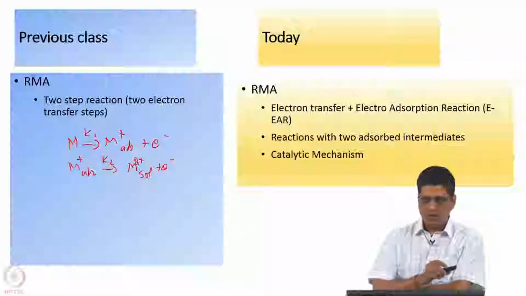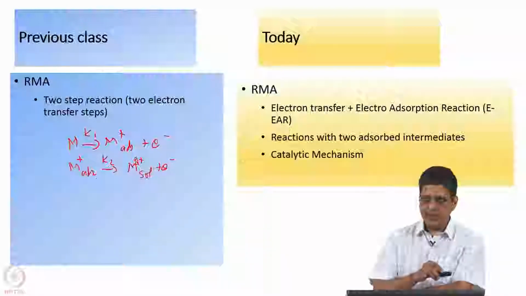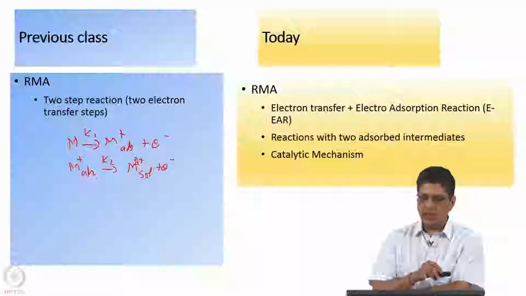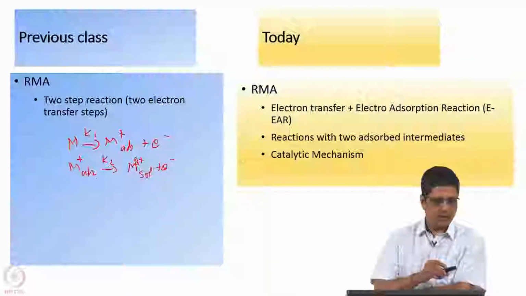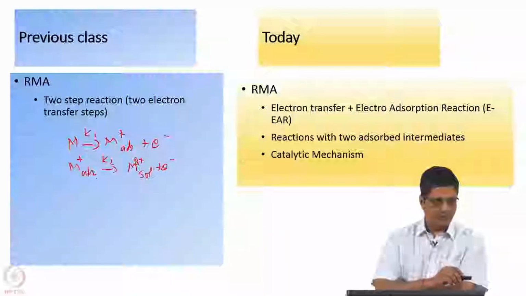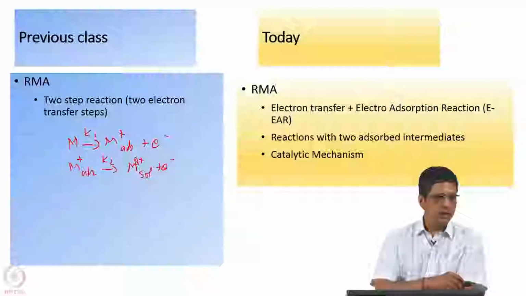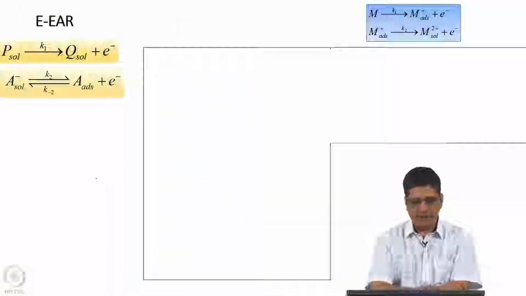Okay. So, I want to go through that, and if time permits I want to go through a reaction with two adsorbed intermediates, and another reaction called a catalytic reaction. I do not think we will go through all of them today, probably today and the next 2 or 3 classes. I would like you to actually go through and derive the expressions. We will take you step by step. You also become more familiar with how to handle these mechanisms, propose a mechanism, derive the expression for it, and then get the expression for the impedance.